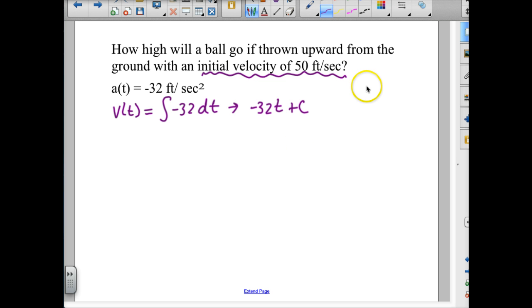So if the initial velocity is 50, what was the time when its velocity was 50? Initial means that the time was 0. So at time equals 0, the velocity was 50 feet per second. So v of 0 is 50. So that means since this is our velocity equation,